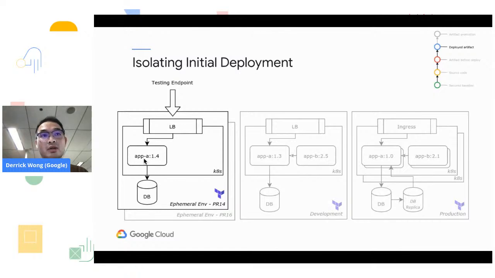It's not expected. So by having an isolated deployment, especially on the database, you can make sure only the data for that particular test case are loaded into the database, and then it will be much easier for you